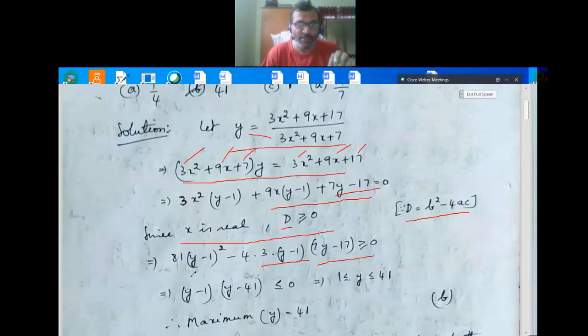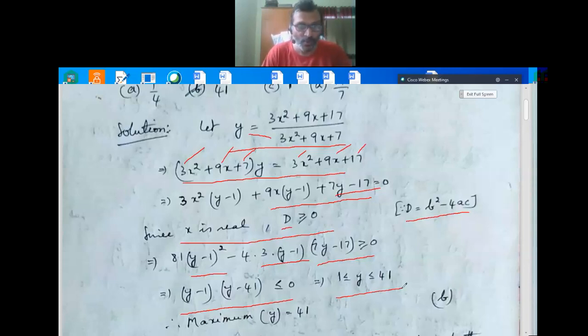For example, here I can use the (a minus b) whole squared formula, y squared plus 1 minus 2y, and here you multiply everything and write it in the form of y squared plus or minus y plus constant, and then factorize it. This factorization you have studied in high school. So factorize this, and you will get (y minus 1) into (y minus 41) less than or equal to 0. This all comes from your basic knowledge, that only I told you.